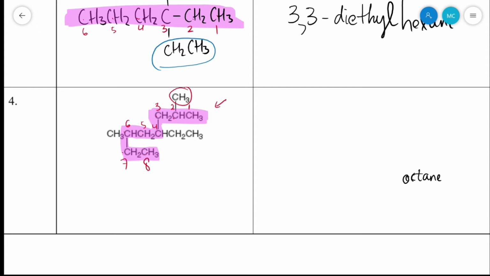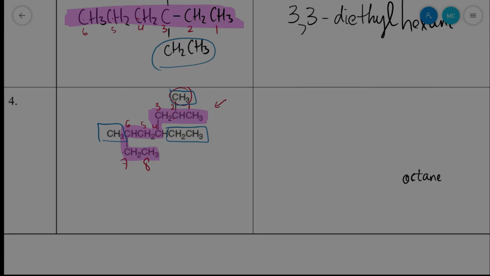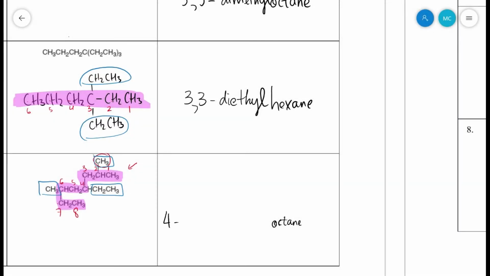So there is 1 ethyl group and 2 methyl groups. When you have ethyl and methyl, or more than one type of alkyl group as the substituents, you should name them in alphabetical order. So in this case, ethyl will be named first, or to the left of the name. So it'll be 4-ethyl-2,6-dimethyloctane. Okay,